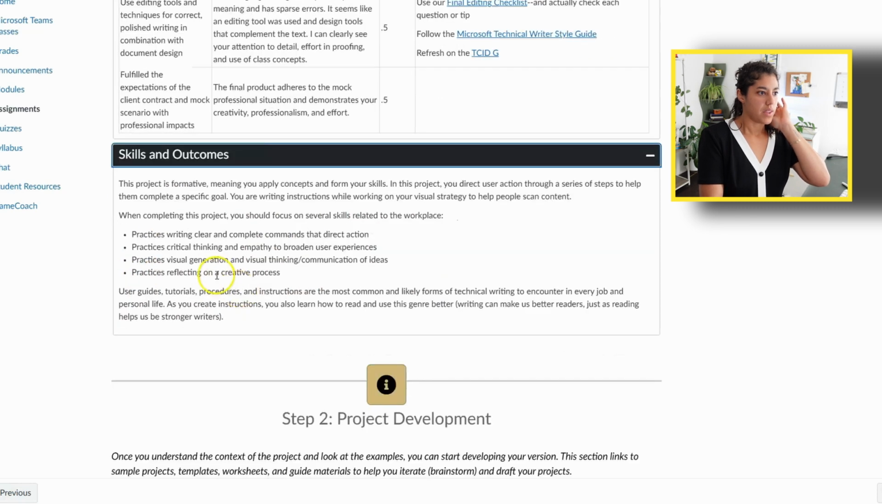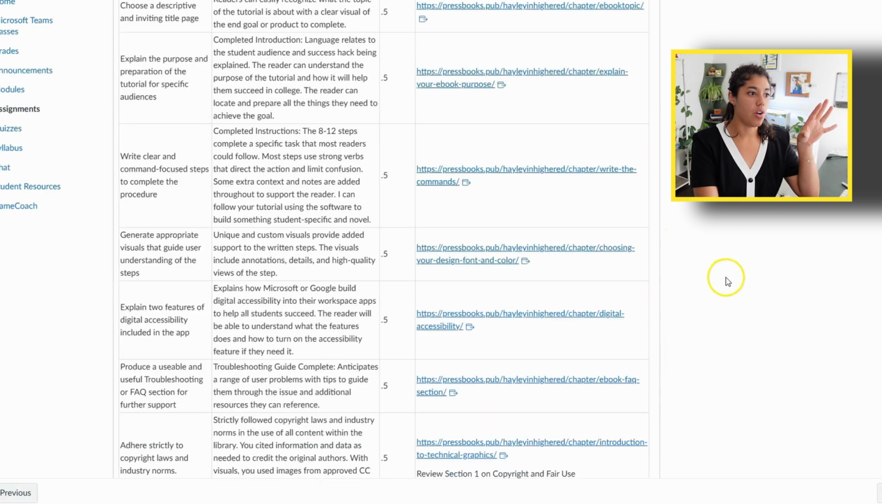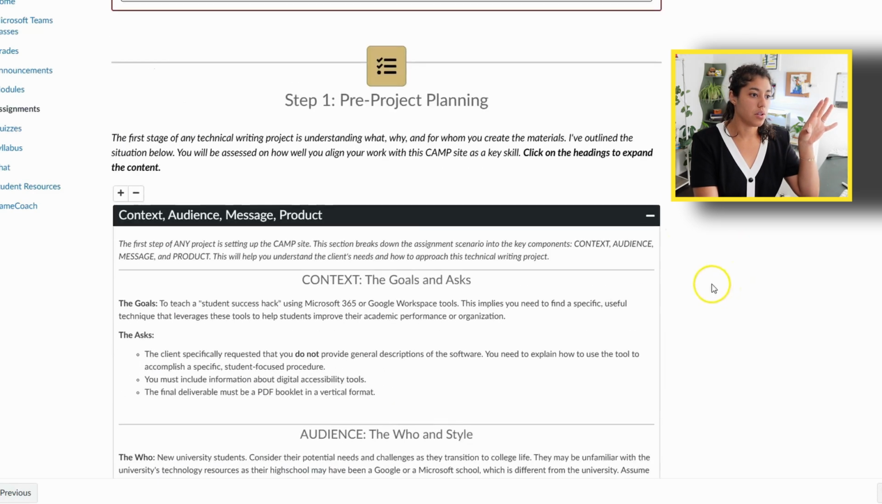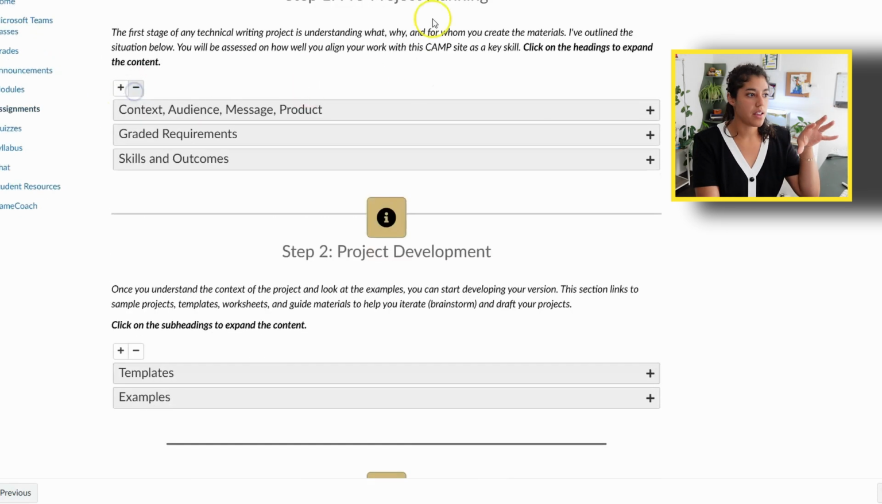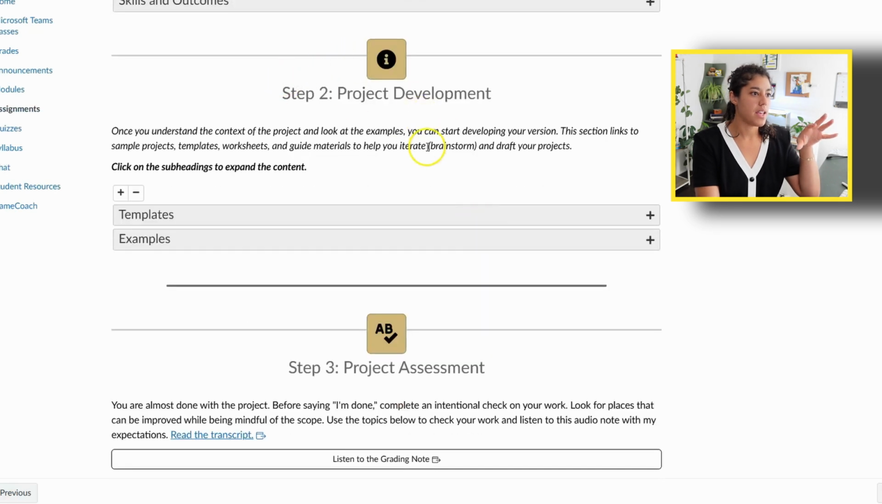So I'm like, hey, listen, here's what you should focus on. Can you write these commands, direct action? And then how these genres and this type of project would apply to their careers. Okay, so then once they got through all the actual pre-project planning, here's what you need to know and do for your project. Then we got into the step 2 development, and here is where I offered them templates